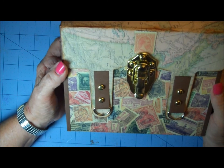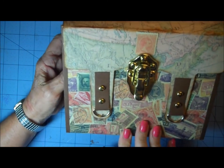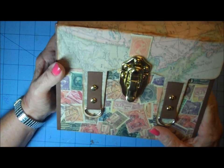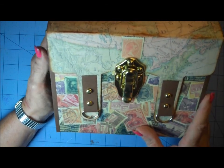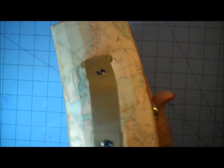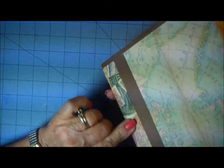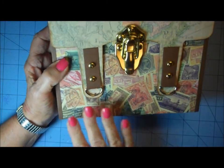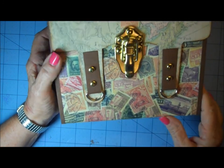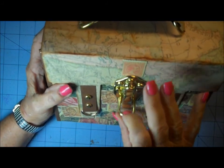It's made in the style that Kathy over at Paper Phenomenon did on a Ustream class. Mine is not exactly the same as hers because I did not have her tutorial or the kit, so I just kind of did it by the seat of my pants, as you might say. These papers, some of them were individual papers from Michael's stash, and some of them were in a Kane Company pack of paper, and I thought that was really cute for a travel album. And when you open up the suitcase,